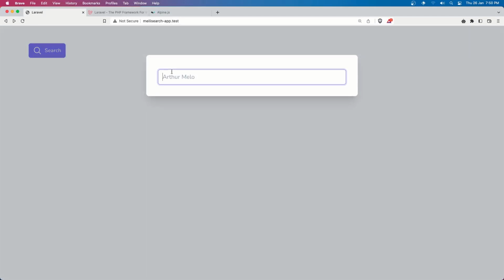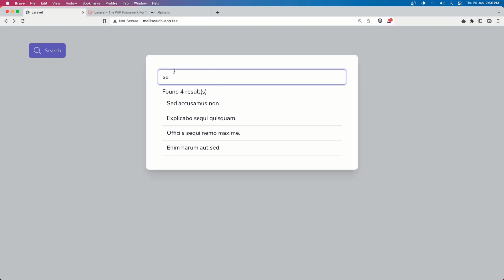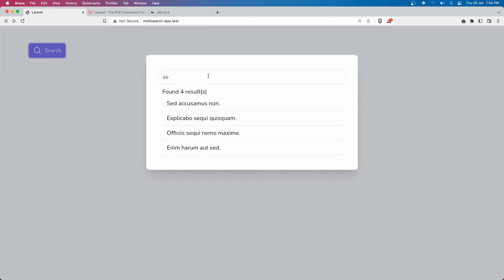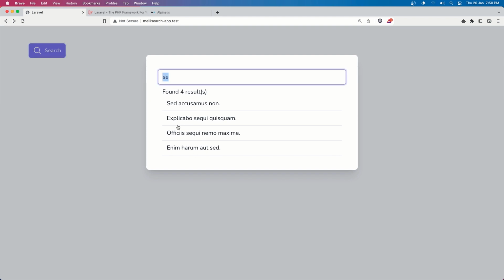Hello friends, welcome. So we have the modal and we can search, and make sure you have run the Meilisearch here to work correctly. But if I close this, so if I click outside, it's going to close, and if I open again, we can see the query is not reset, it's not clean. So we have the previous search and also the same results. And when we close the modal, I want to also clean the query and the